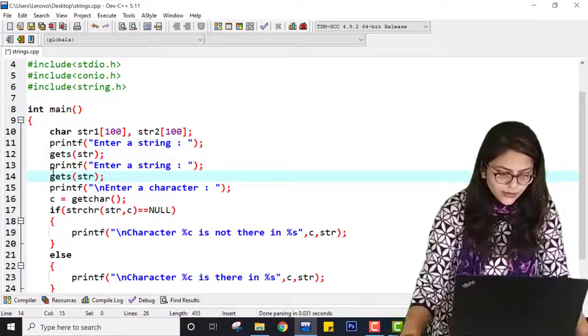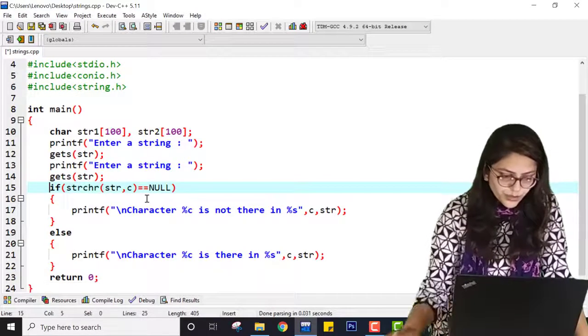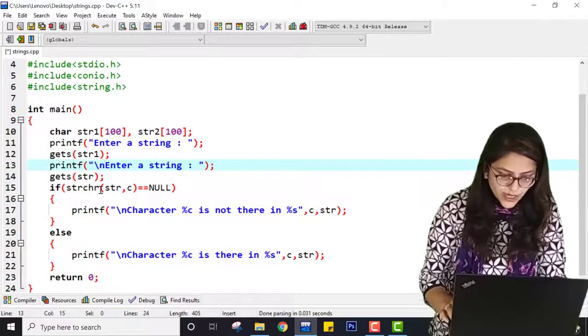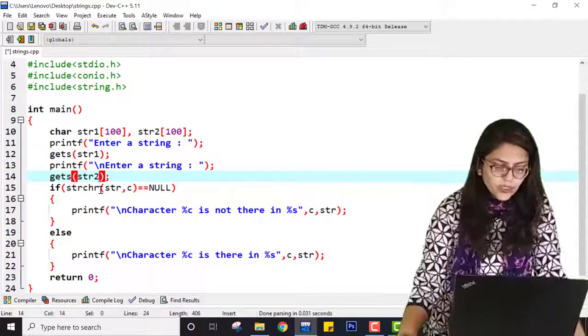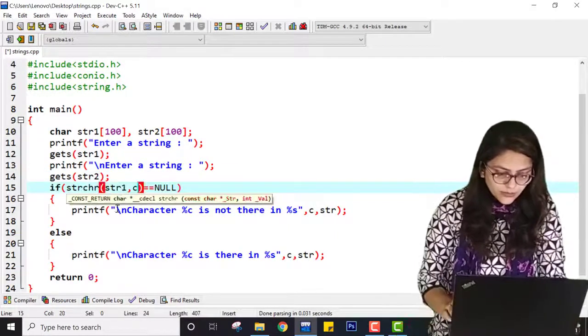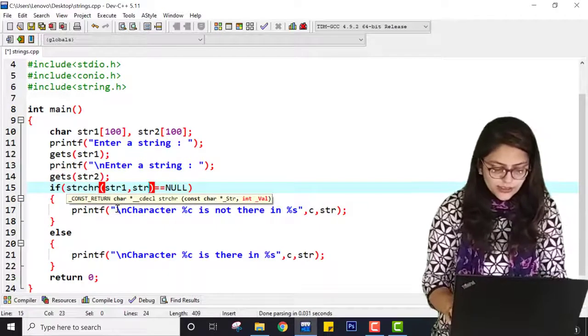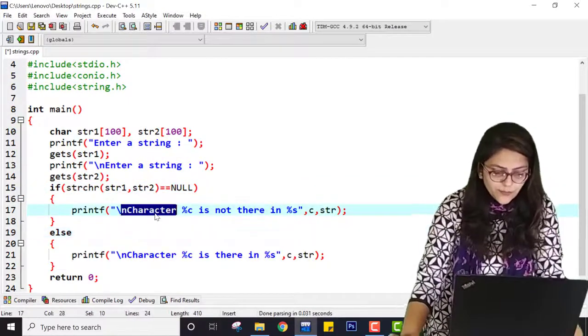Here I need something like this. Here it will be str1, here it will be slash n, str2. Here it will be str1. You can name it as any string, str, str1, str2, anything. A, B, C, D. You can name a string anything.